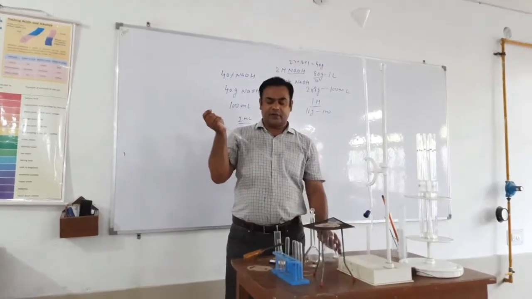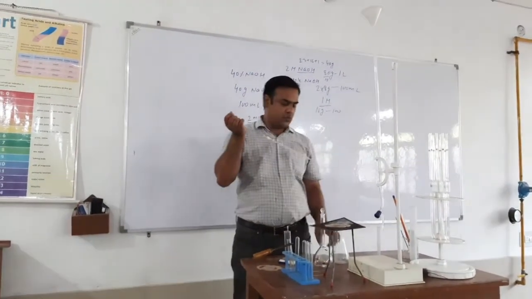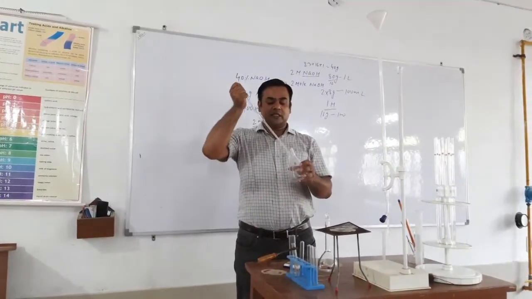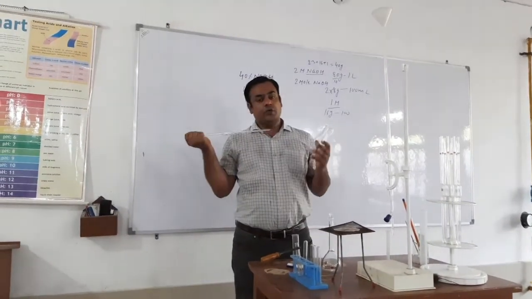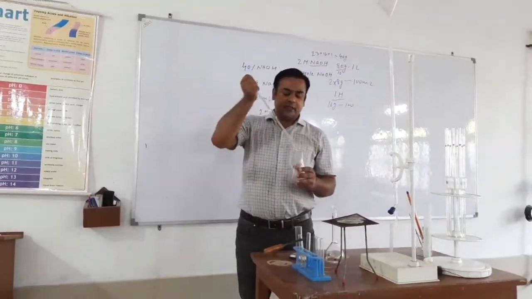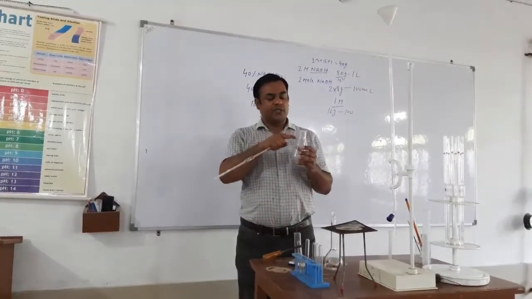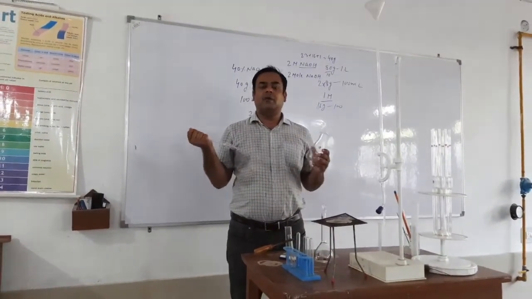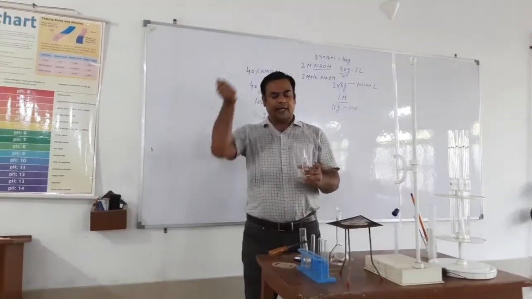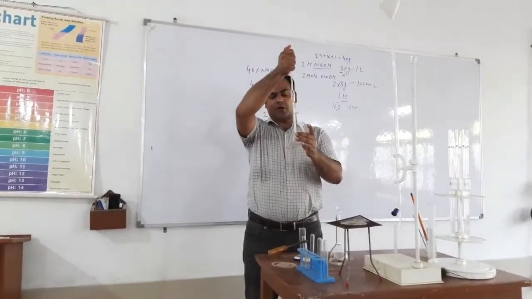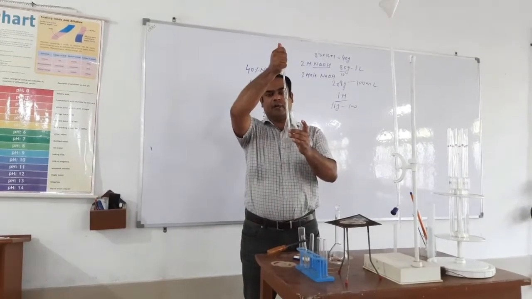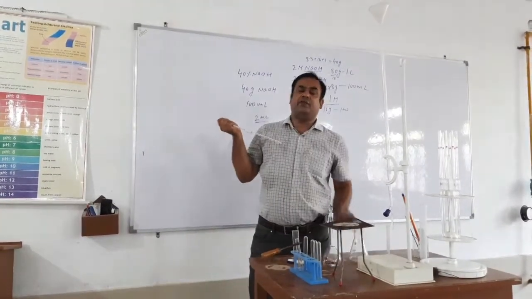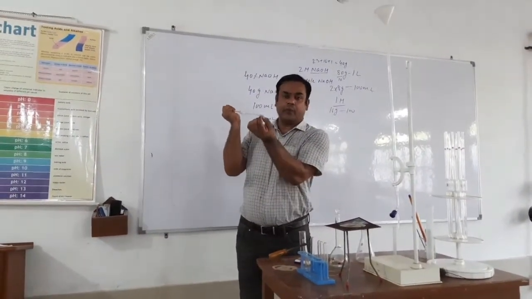We often observe that during the transfer of solution from the pipette to the conical flask, sometimes students make the mistake of touching the wall of the conical flask. We should avoid this. Why? Because if we touch the wall, some droplets will stick to the wall and will not be involved in the titration process. So there will be an error in our calculation. To avoid that, we should touch the pipette at the bottom of the conical flask and then release the thumb. When we release the thumb, the liquid will start to percolate downward, even though we will see a drop hang at the tip of the pipette.